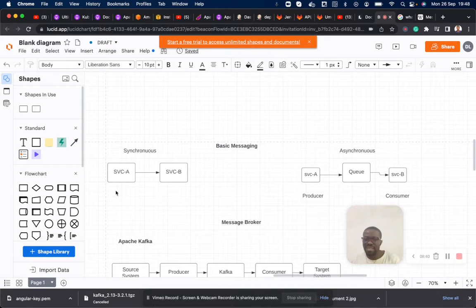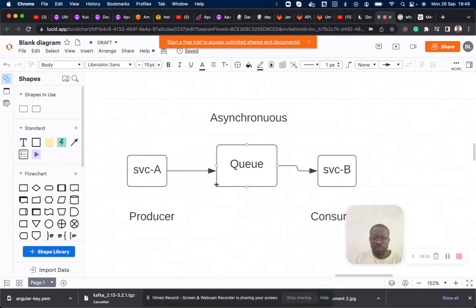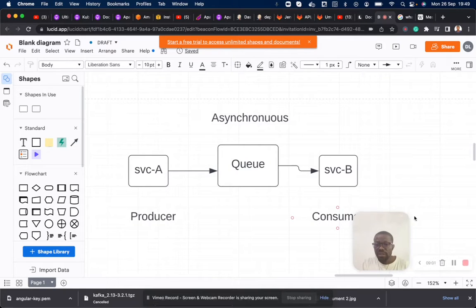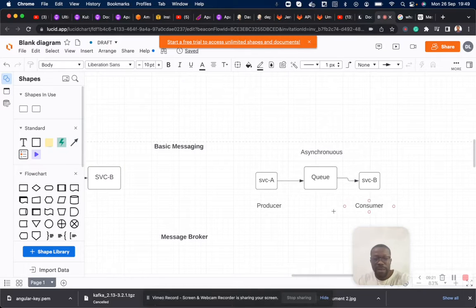All right. So it is on this style of asynchronous messaging that Kafka and every other message broker is built. In these settings, we have what we call a producer and a consumer, right? The producer sends the data into the queue, while the consumer picks the data from the queue, processes the data, and removes the data from the queue, right? So you have producer and consumer in asynchronous style of messaging.